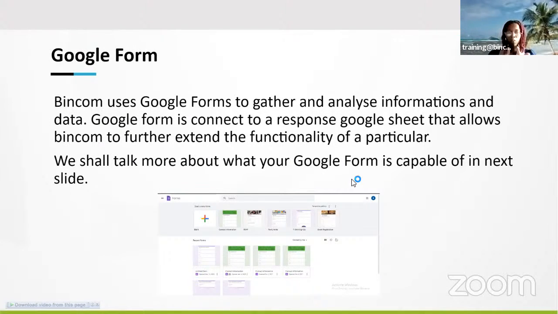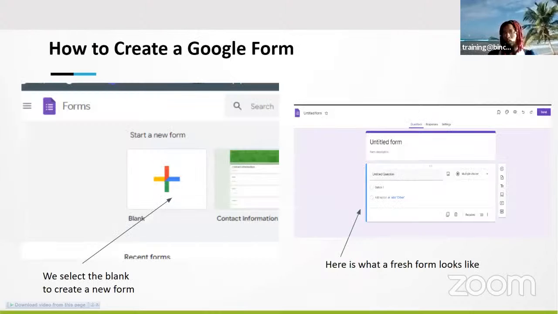So we have the Google Form, which is where forms are actually created. Forms like our weekly reports were actually created using the Google Form. And we'll still talk more on how to create one. So first things first, you need to go to where the form is. Remember, you can get that directly from your Chrome or from your Gmail. The three buttons, you just need to click on that. You can also get this from your Drive as well. You click on the three buttons, select forms.